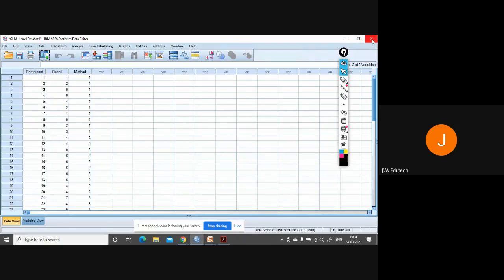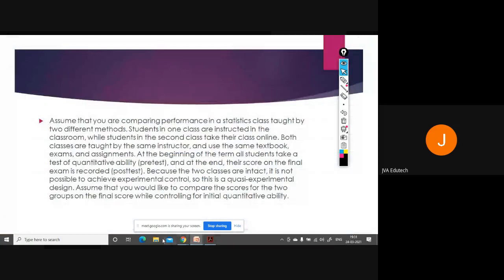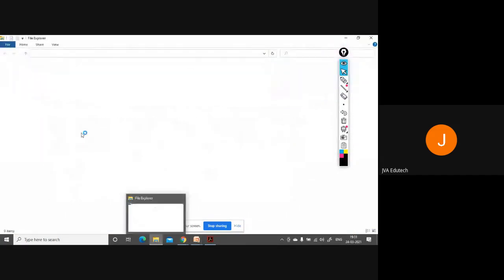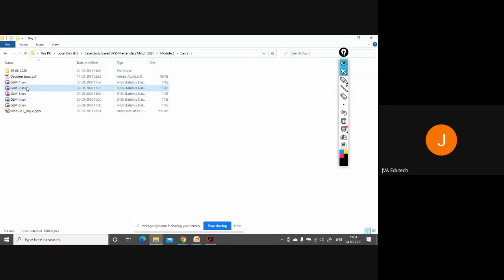So for this, open the file glm2. The file is here, glm2. I have named them as per the GLM models.